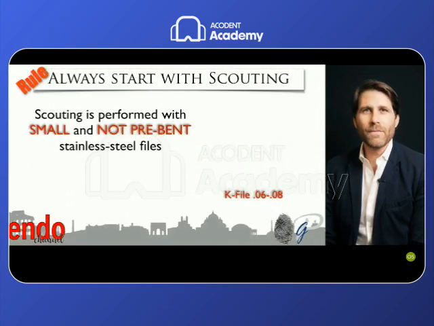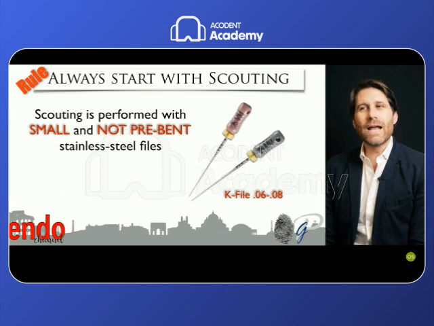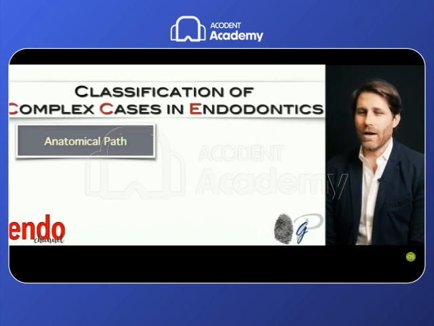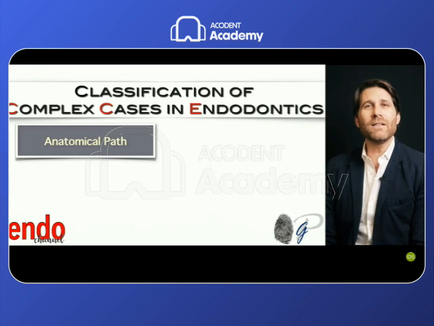So the first rule we can give you is always start with a manual scouting performed using small and not pre-bent stainless steel files, starting from size 0.08 K file or 0.06. This may help you to understand if there is a scoutable or an unscoutable anatomy. That is something that can